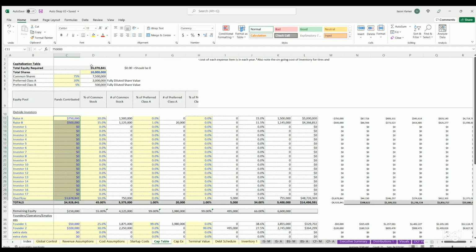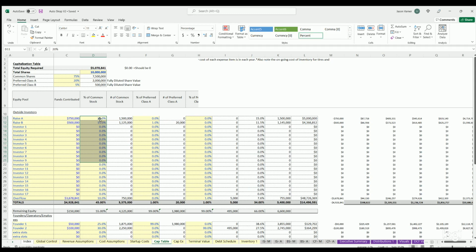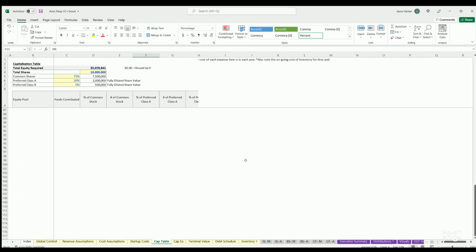Cap table here, you can define some total outstanding shares, percentage of each share type, who's contributed what money based on the minimum equity needed. You could define that here. If you don't want to define it anywhere, this will just be the overflow, which will just pull all into here. You can define the percentage of shares of each type. You get a fully diluted ownership share